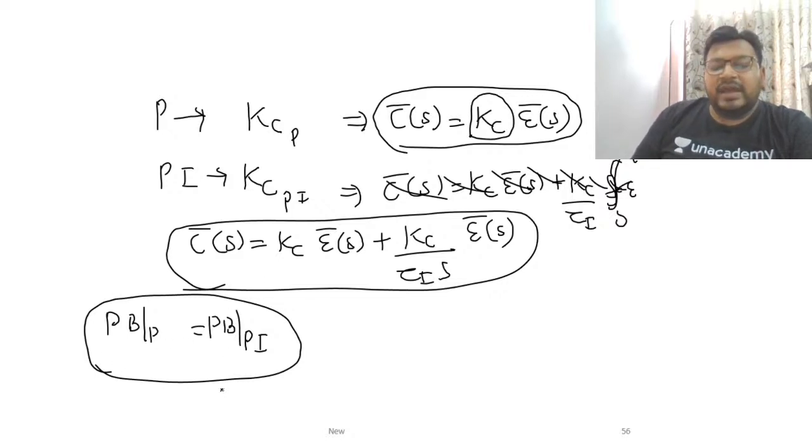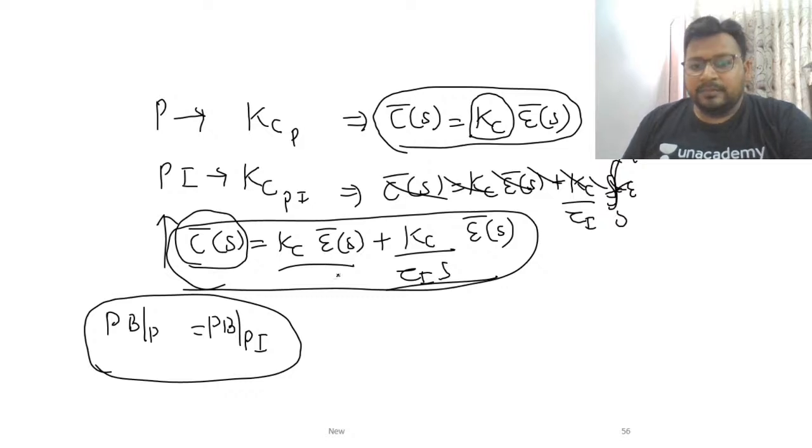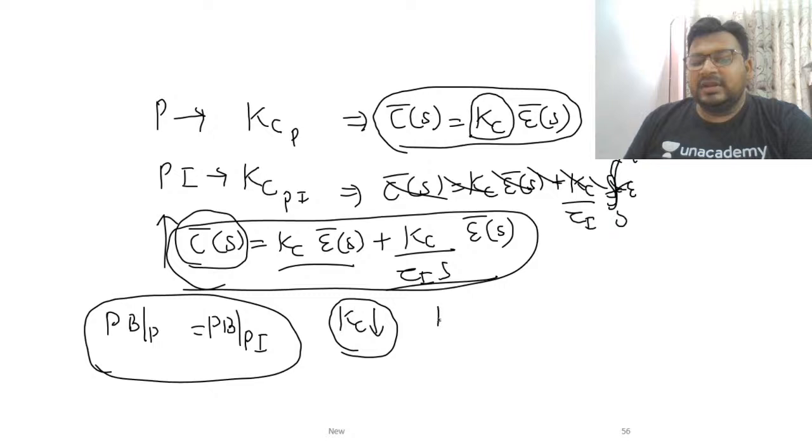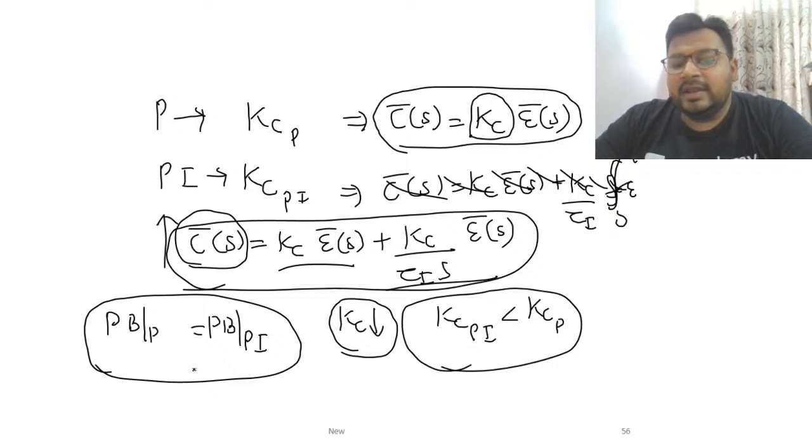So keeping the range of the error signal fixed, you have added the I action. So obviously if ES is fixed, then this plus this will become more. Output will be more. So to balance out what we do, we keep Kc little less. So generally the Kc for the case of PI is actually less than the Kc for the case of P. But it doesn't mean that there is a change in the proportional band also. Proportional band often remains the same. So by adding the I action, Kc actually decreases.